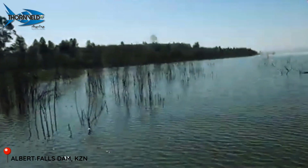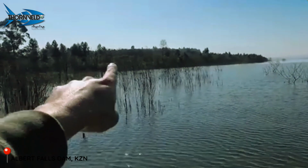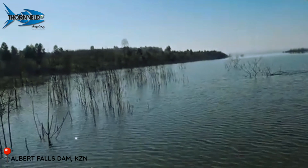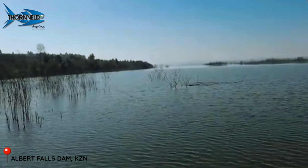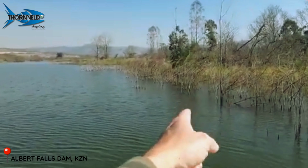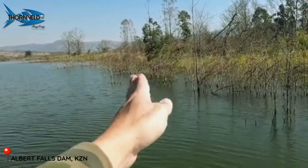So I fished this whole section from that tree where I caught that fish into that bay, pitching all this timber, and then all the way down up until this point here, and there's some trees there on that point, and just had no success. So I made a few casts on this point with a shaky head. I'll show you the setup now, and then started to come down this bank here and casting right up into the timber, or these little bushes, these stick ups here,